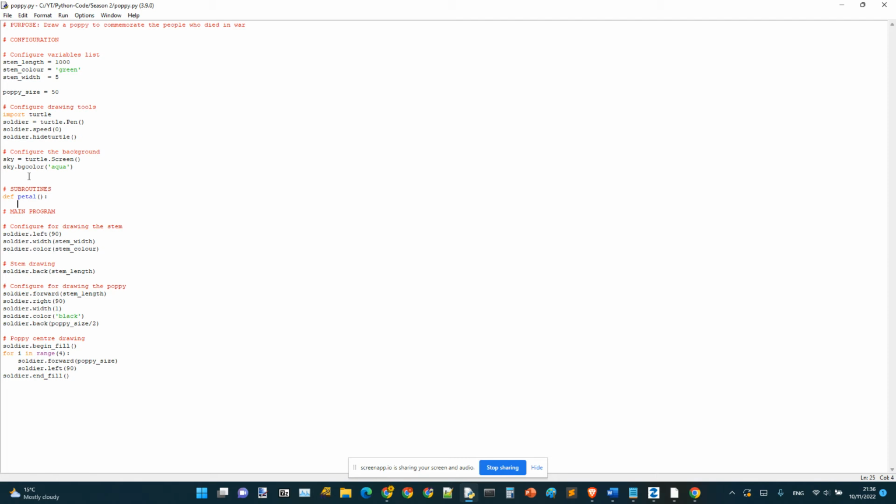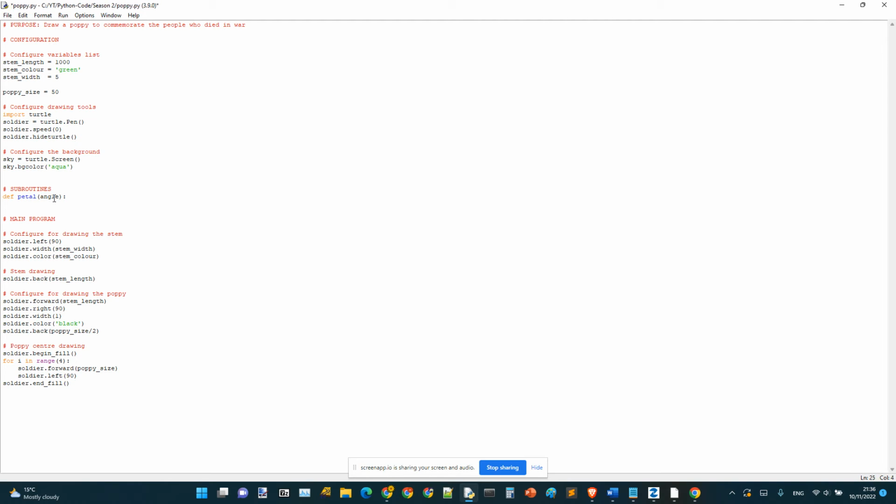I don't think we need to define anything, but we'll define the angle size. Actually, it's a bit complex, we'll just put angle. I'll delete it. So I will not put anything. It's going to be a fixed parameter. So soldier dot for soldier dot